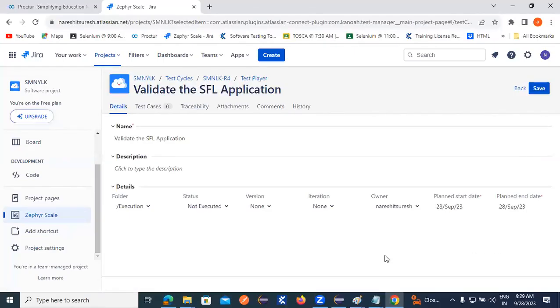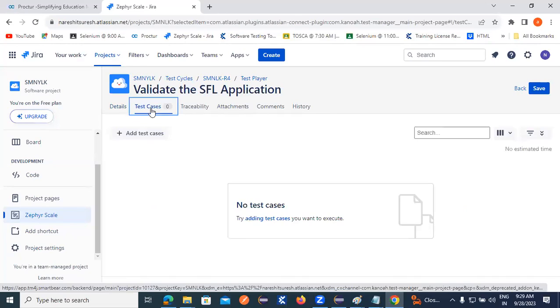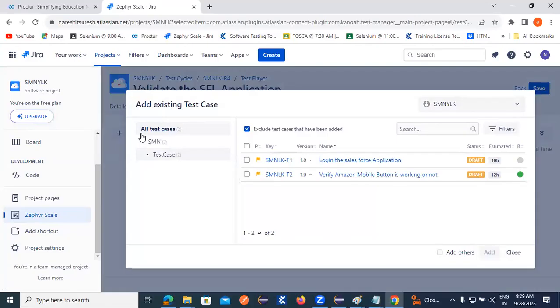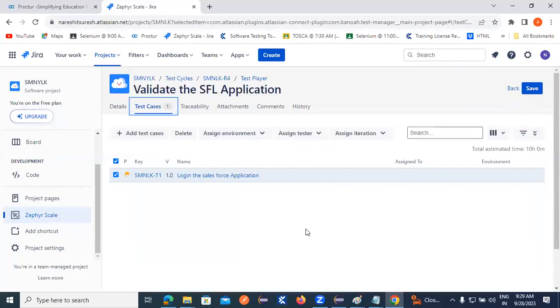Once you click on the save button, go to the test case tab. In this tab, you need to click on add test case. Then choose any test case, select it, and click on the add button. Once you click on add button, it will be reflected here, but you do not need to start